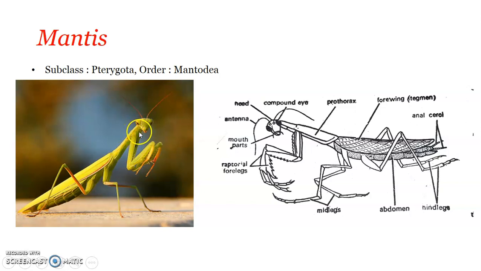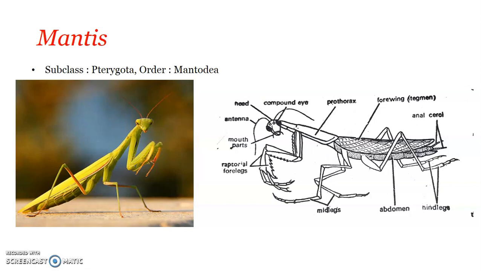Now the prothorax, that is the first thoracic segment, is highly elongated, and the legs here are modified for grasping and holding the prey. Such legs are known as raptorial legs. Raptorial in the sense that they can capture the prey and hold the prey. So this mantis is predatory in nature. It is a very good predator, and it has a very important role in controlling pests in a particular